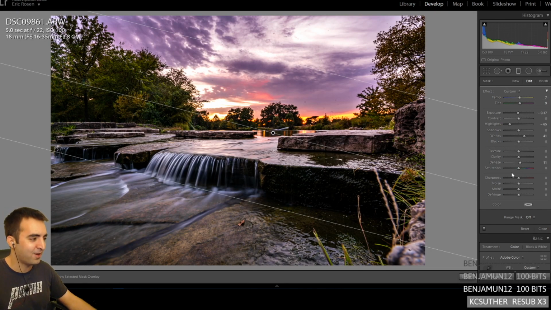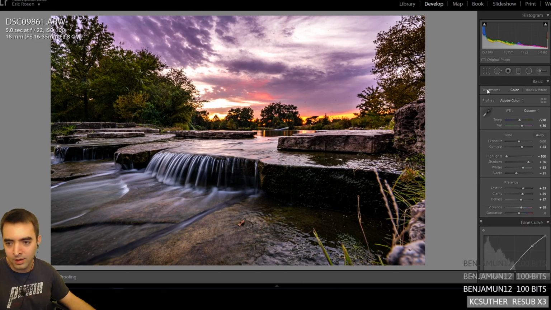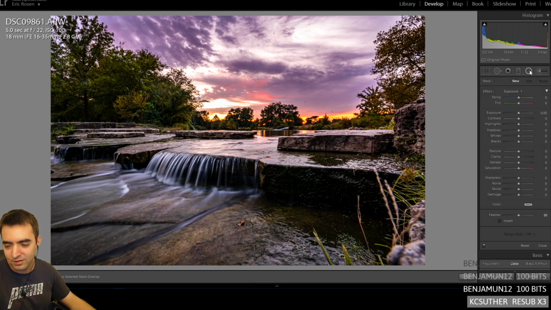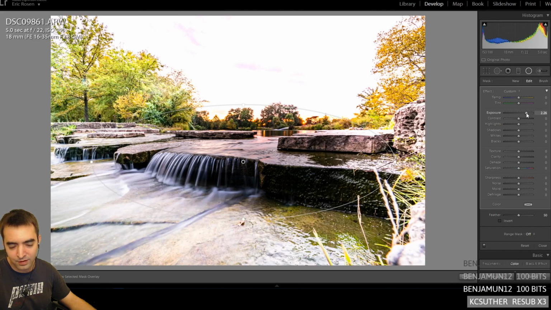There's no right or wrong. Sometimes it's just a matter of experimenting too. I'll do one more effect on the waterfall. I'm gonna use this. What is this called? It's something. Oh, the radial filter. Yeah, this is a cool one. So here I can basically affect everything in the oval or outside the oval. So, for example,